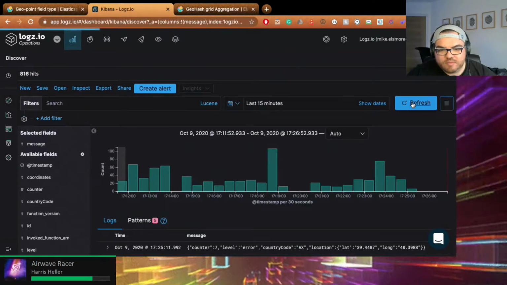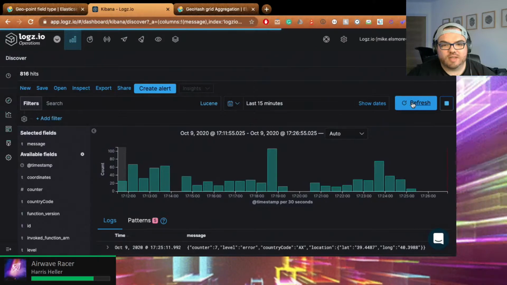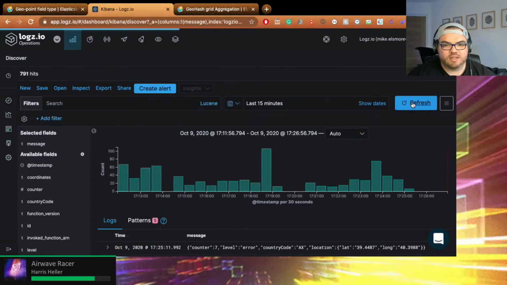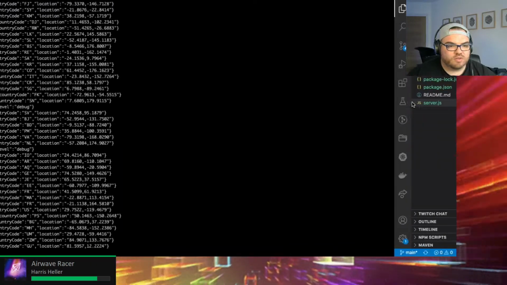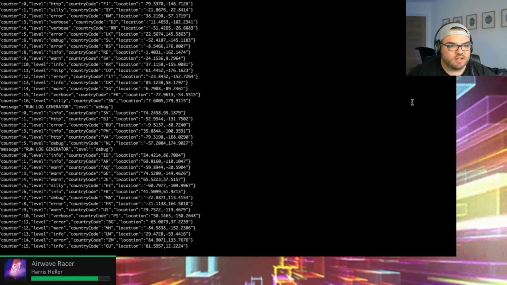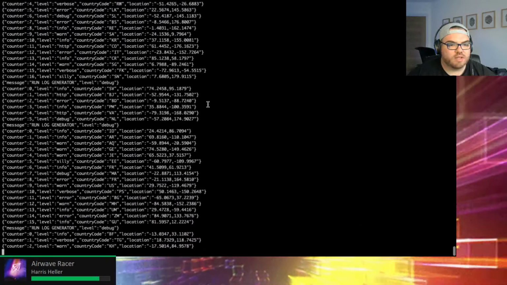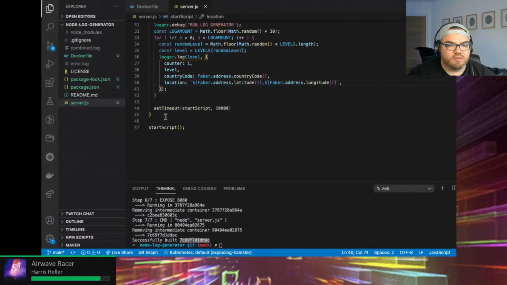Especially on a shared cluster, you just have to wait the one minute tick for everything to come through. Just check it's actually still live. Yeah, it's still live, still producing random amounts of data. Complete randomness.